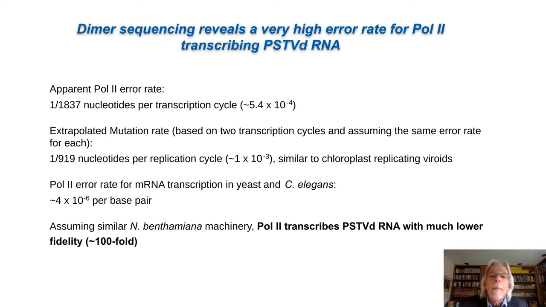Now, to think about the Pol II error rate again, our initial question, we're using a non-native template here. What's the Pol II error rate for mRNA transcription? And the best estimates that I could find were from yeast and C. elegans, where they agreed, and both were about 4 times 10 to the minus 6 per base pair. So comparing the Pol II error rate and assuming similar transcription machinery in Nicotiana benthamiana, we can say that Pol II transcribes PSTVd RNA with much lower fidelity than DNA templates, about 100-fold lower fidelity. Nevertheless,